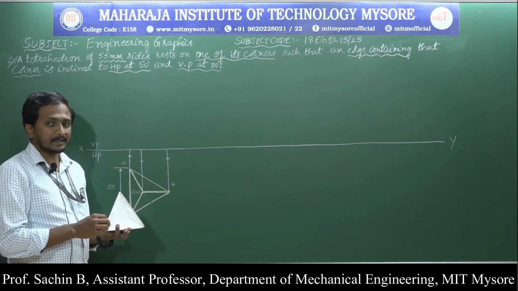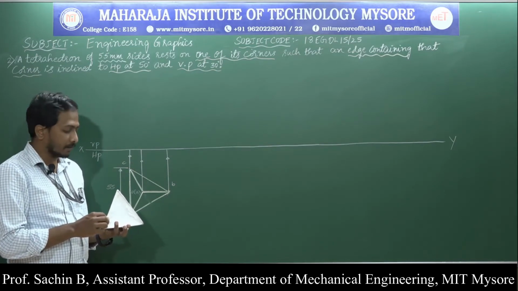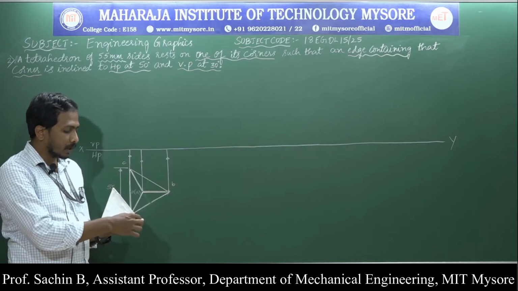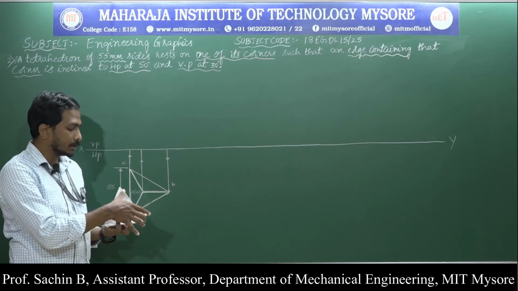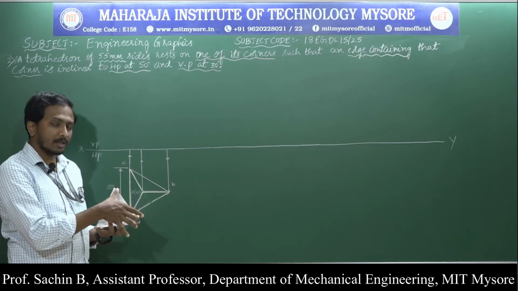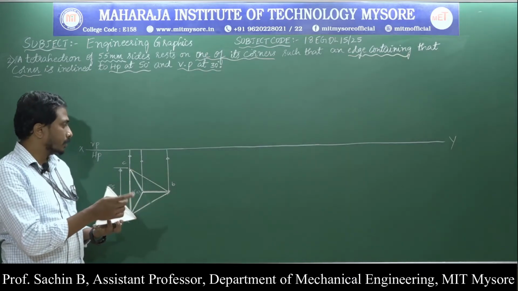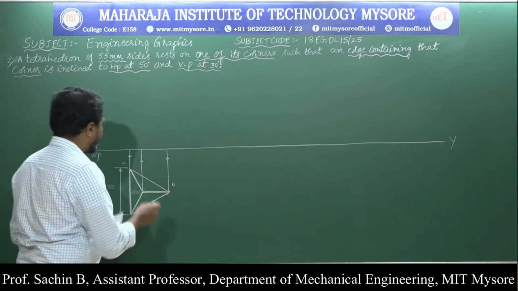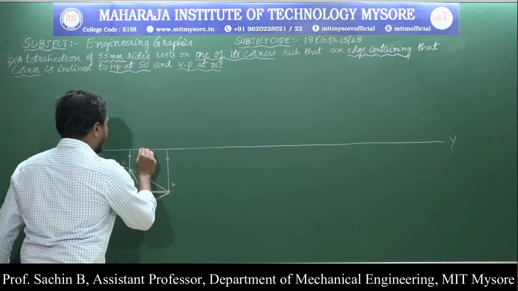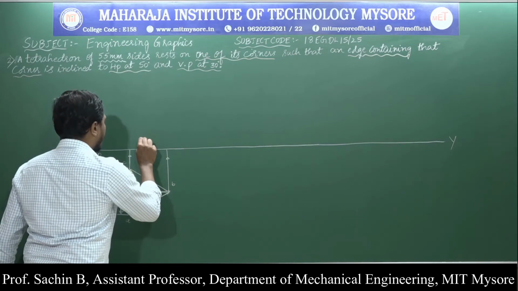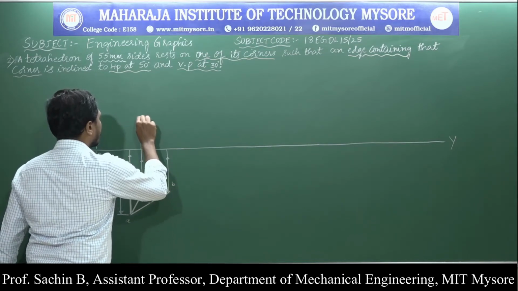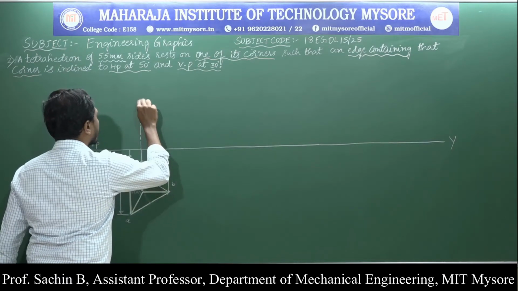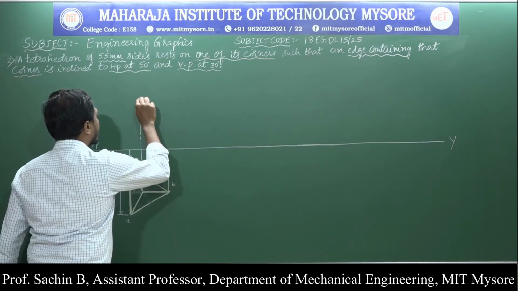will not be exactly at a length of 55 mm. But in the front view we can observe that if I project this slant edge, it is exactly at a length of 55 mm. For that, before going to construct the front view, I will go for extending this axis line to the required length. I am extending this axis line.